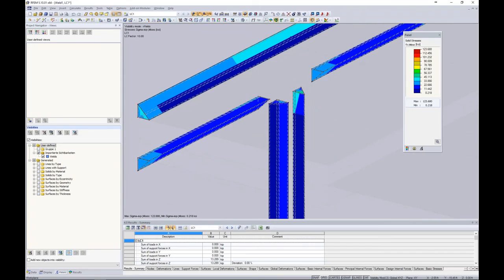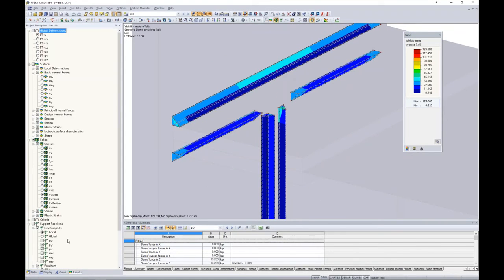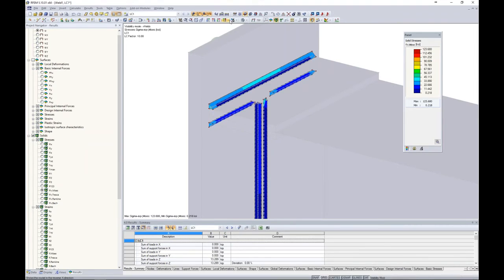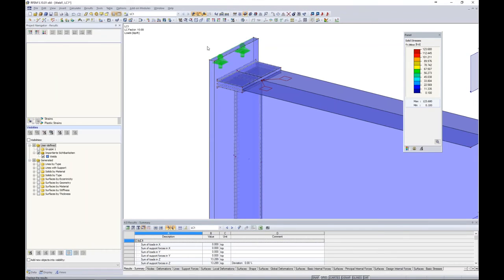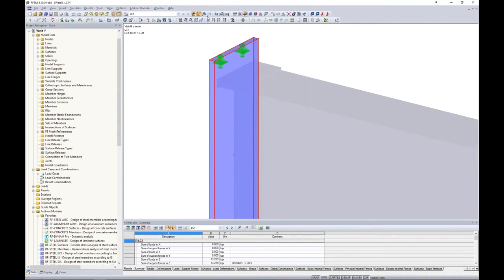But the point being that you can model the welds as typical solid elements, and then we can view all of these stresses within here as well, including strains and plastic strains if you wanted to get into that with nonlinear materials. So we can also take a look at our plate element. So let me cancel out of this visibility mode. Maybe we select, let's see, just our solid, create a visibility by selected objects,